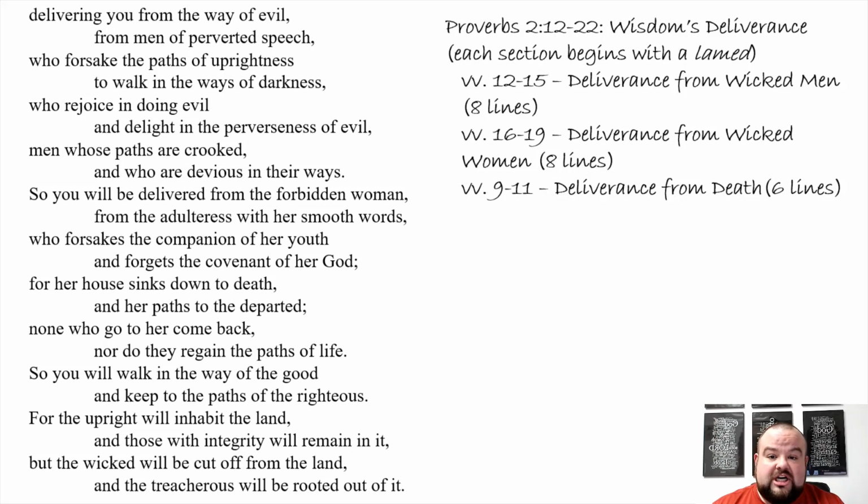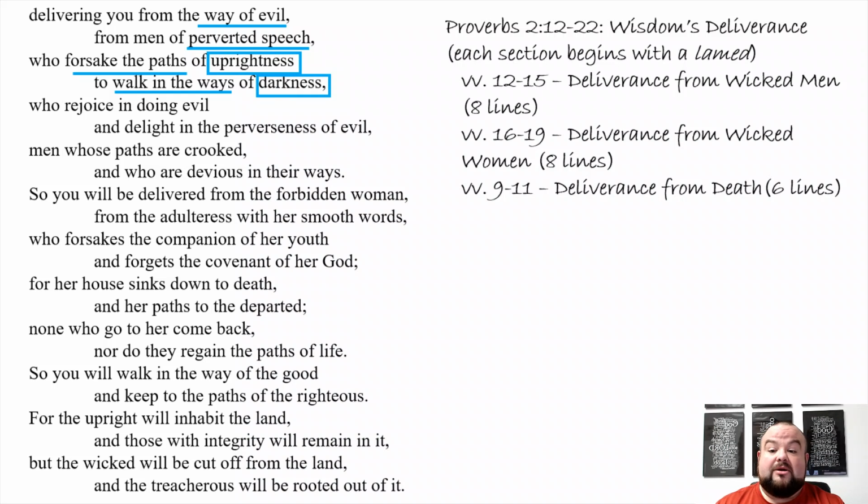So we'll jump through the text like we have in other places. We see right off the gate, we have more synonymous parallelism. That's what we're dealing with in this chapter. We see the way of evil is right there with those who have this perverted speech, that which is not right. We have that these people have forsaken righteousness and the paths of righteousness. They walk in the ways of darkness and participate in uprightness.